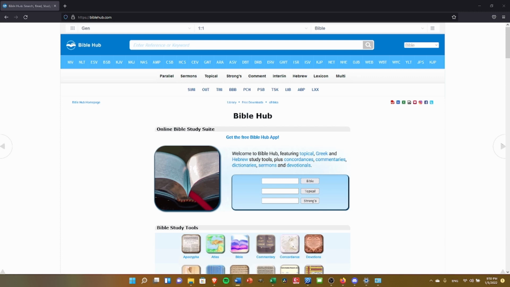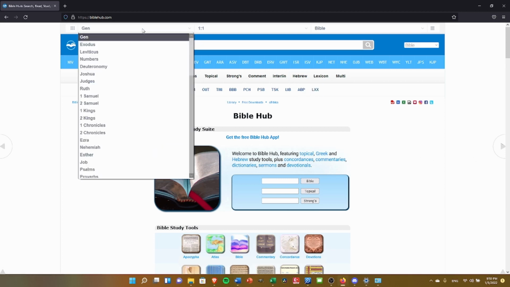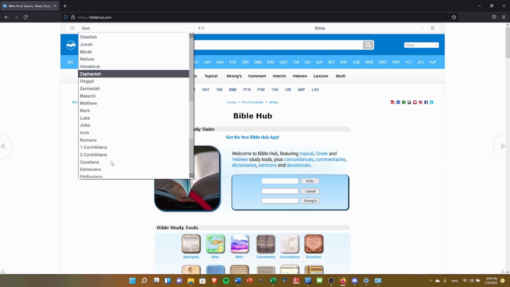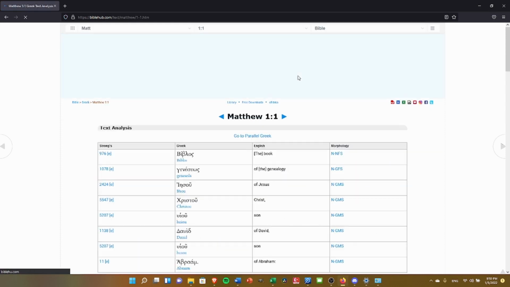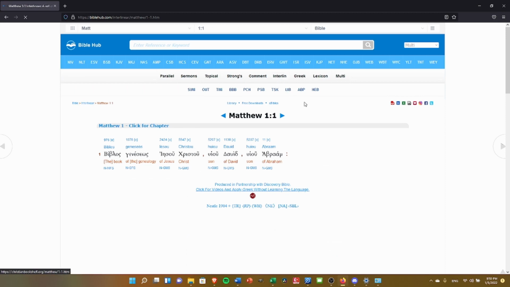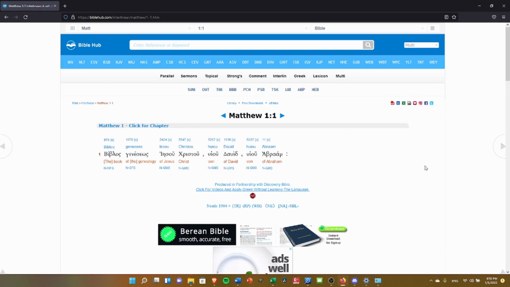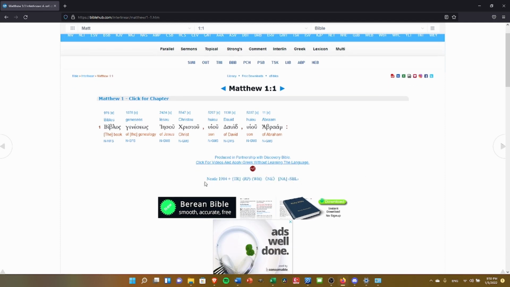So the first thing to know right off the bat is which Greek text this is using. If we want to get there, we can go to any Greek New Testament book. I'll just pick Matthew and get here by clicking the interlin, and again, that's short for interlinear. So again, which text is this using? Well, if you notice down here, it's telling us that it's using the Nestle 1904 text,